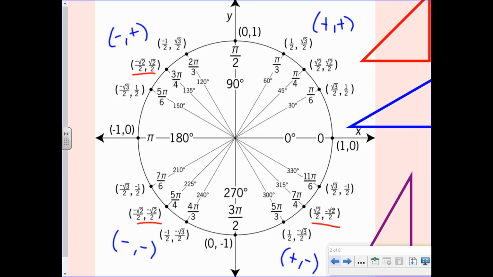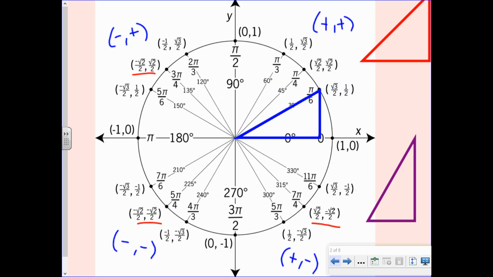Now, for the 30-60 family, so there's my 60-degree angle, and notice if this is my 60-degree angle from the origin, then this is 30 up here. That's easy enough to see. And if I bring my 30-degree angle in here, it's the same thing, just kind of backwards. So this time my origin angle is 30, my reference angle, and then my larger angle up here would be